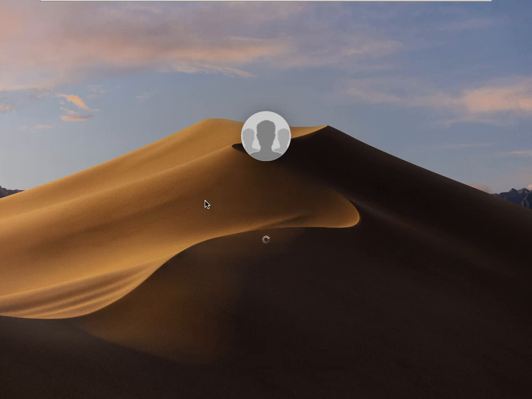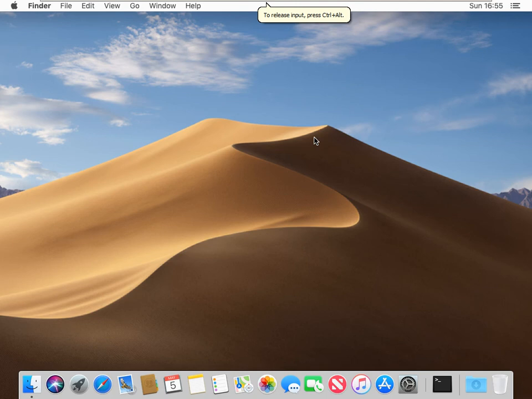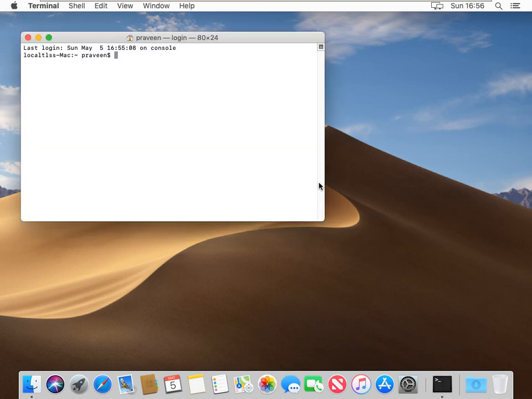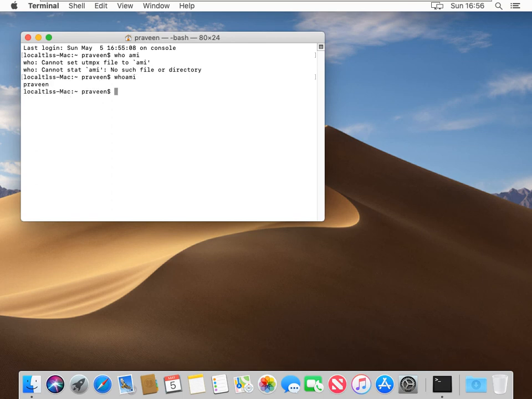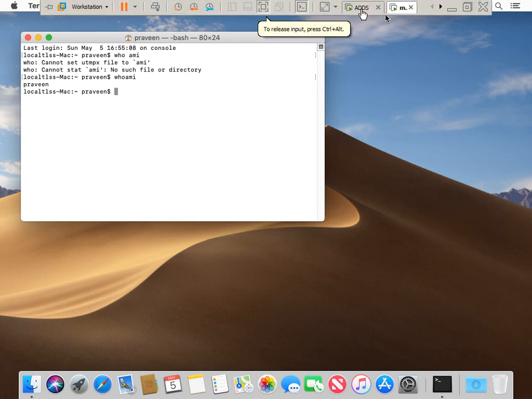Now it's logged into the user account. If you type whoami, you can see Praveen. This is how to make a member and log in with the AD account.